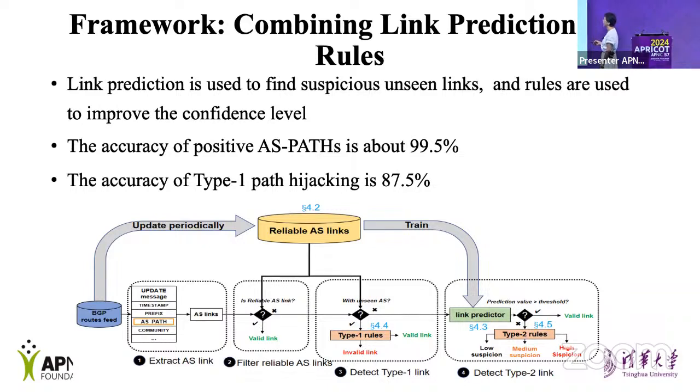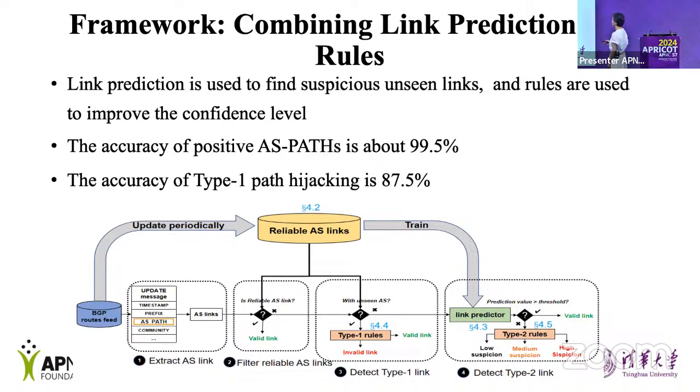And then check if the link is with an unseen AS. And if yes, we use some rules to filter the links. And then we push the remaining links to the link predictor, and then we get a prediction value, and